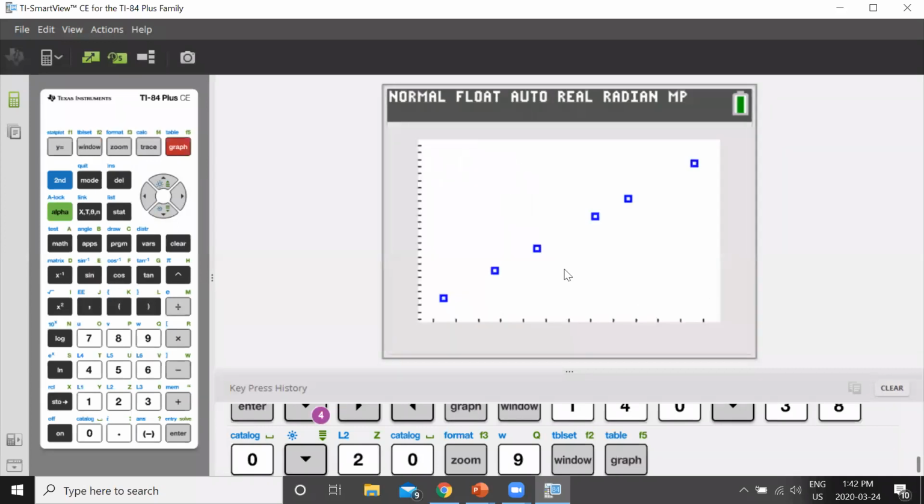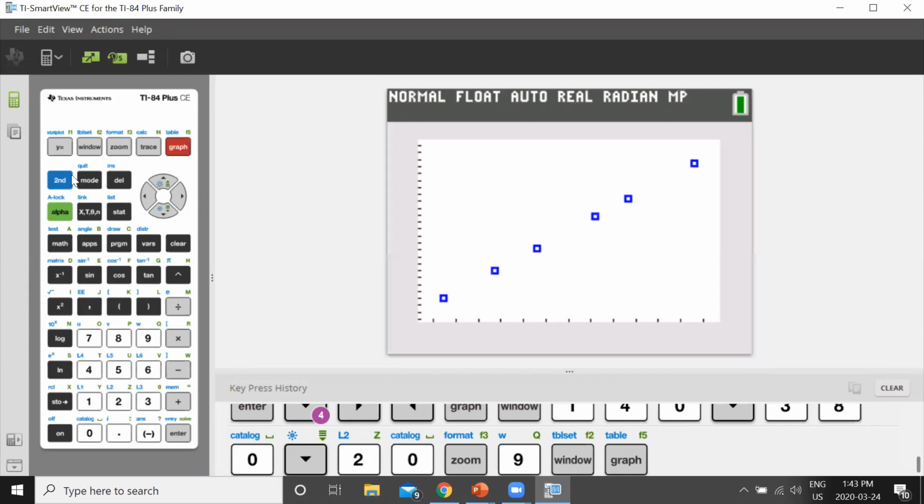And then note, sketch these 6 points. Yes? I have a question. So when I press stat plot and I put graph, like after I've put the L1 and everything, it just